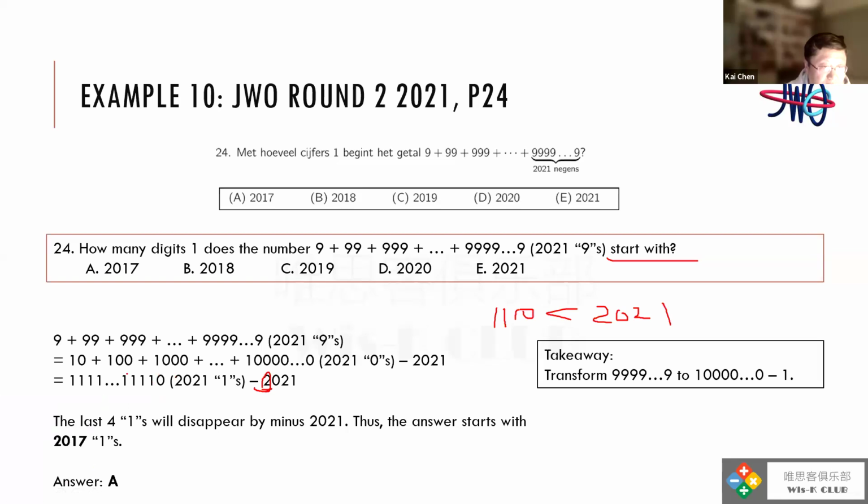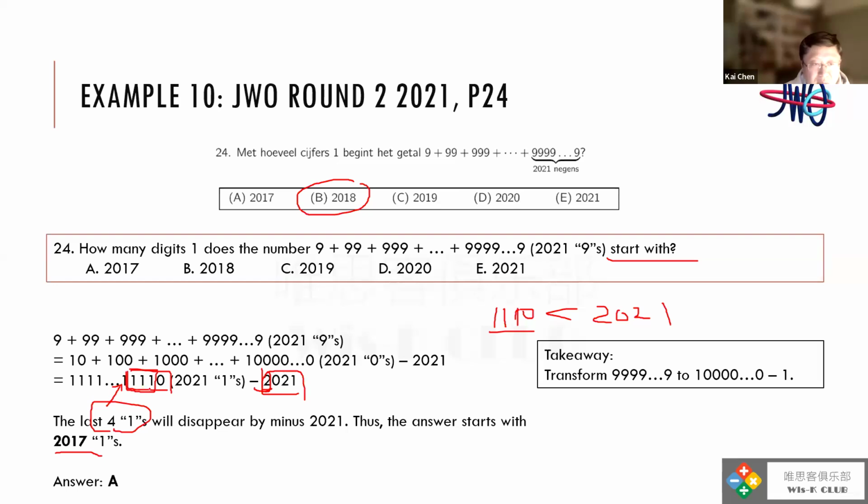So if I have a block here, this is a block like 1110, which is smaller than 2021. So this one will also be turned to 0 because we have the minus. Yeah, so that's why in total we have 4 ones less. 4 ones less. So it ended up like 2017 ones. So I think that's A, and many students will select B because they just say, oh, here just 3 ones, but they missed